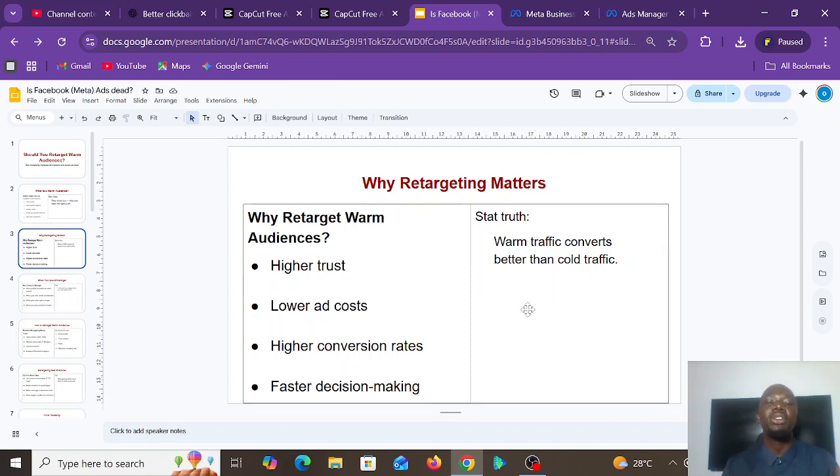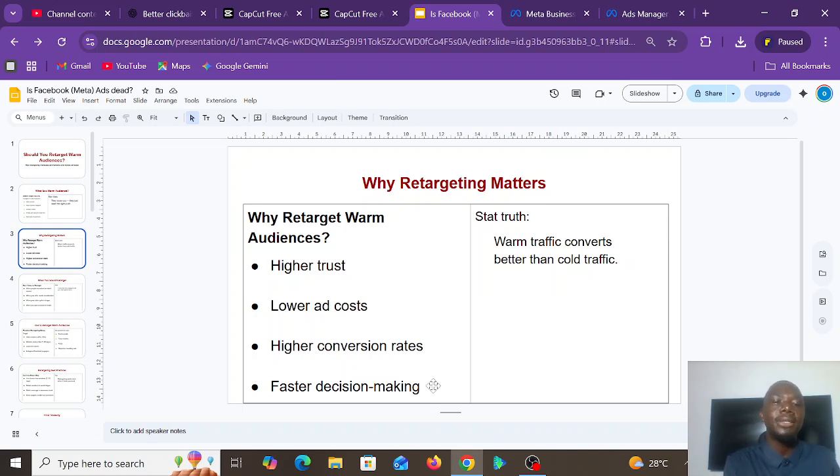Yes, you're likely to have higher conversion than cold audience. Remember, cold audience, they don't know you, they don't trust you, they don't know anything about you. But warm audience, since they already know you, they have seen some of your testimonials, they are likely to buy from you. And faster decision making. Now, warm audience will make decisions faster than cold audience because they have already passed through that stage. You have taken them away from that coldness.